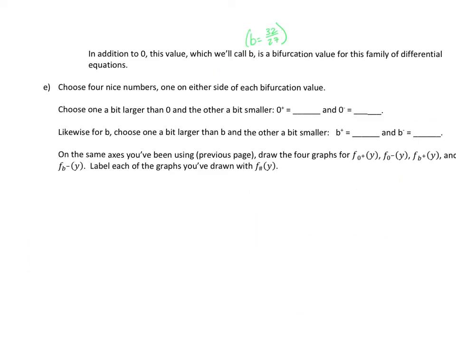In addition to 0, which we already know is a bifurcation value because it has a horizontal tangent line right on the x-axis, this new value, we're going to call it B. In this case, it's 32/27, is a bifurcation value for this family of differential equations. So we're going to choose 4 nice numbers, one on either side of each bifurcation value. So we want to choose one a bit larger than 0 and one a bit smaller. So a little bigger than 0, we could do like